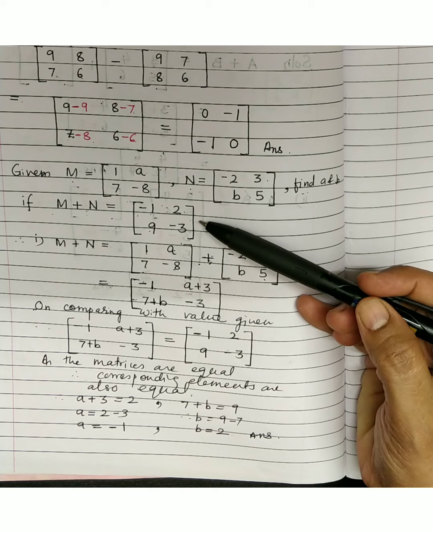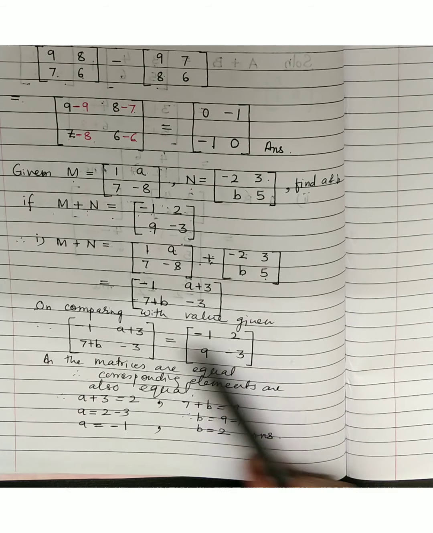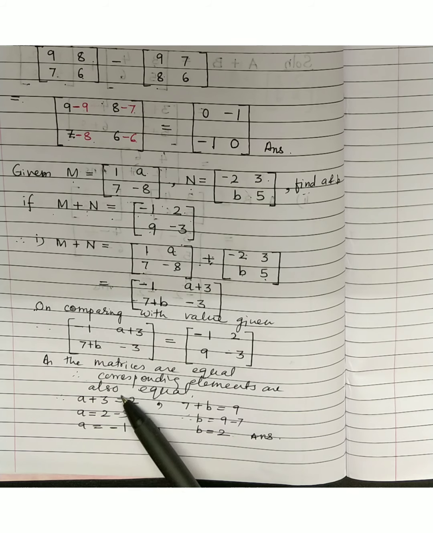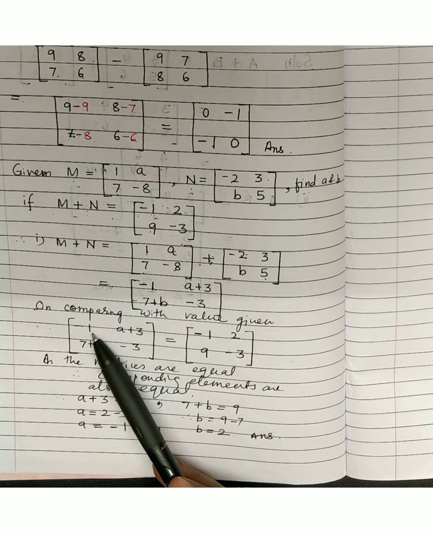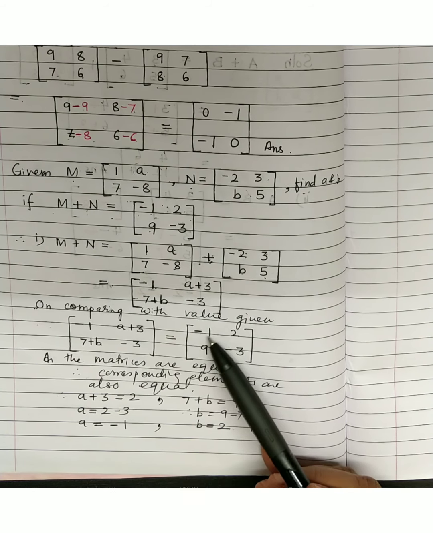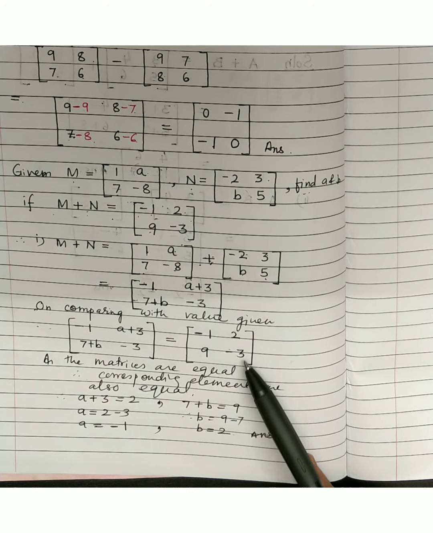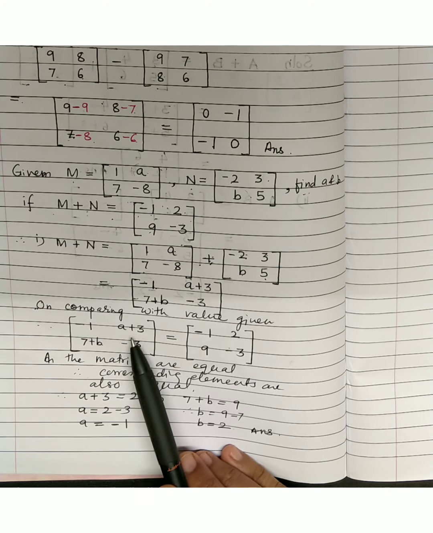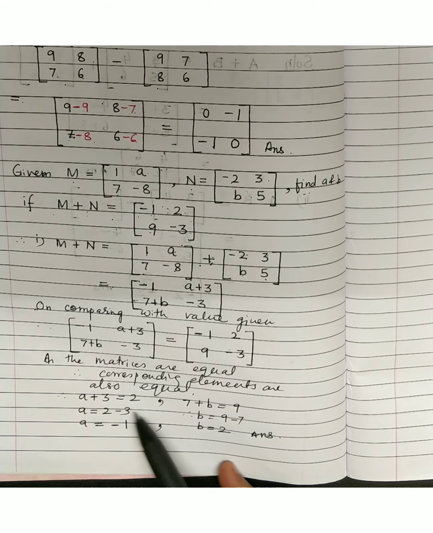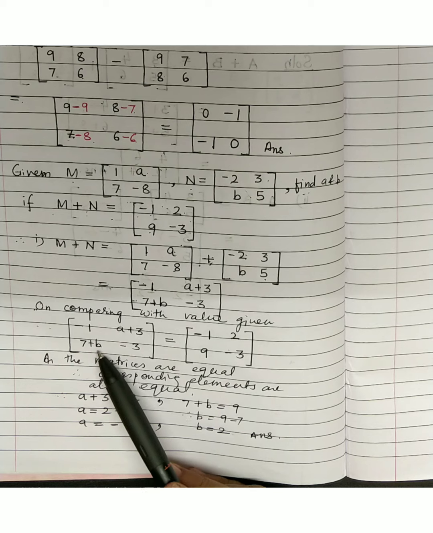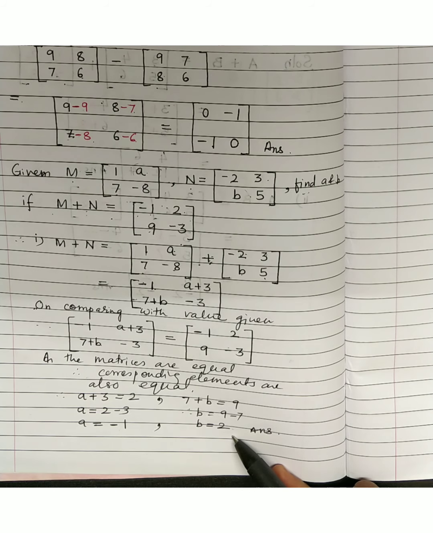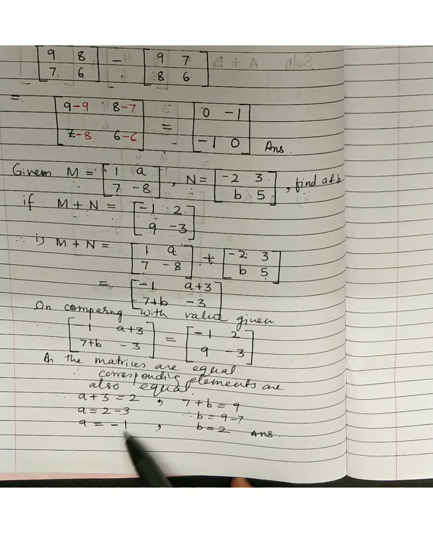Now this is the value of M plus N we have found, and in the question already the value of M plus N is given. So what we will do? We will compare them. Now as these two matrices are equal, their corresponding elements will also be equal. You can observe here that the first row, first column element minus 1 in both the matrices is the same, with the last element over here. What we have to compare is A plus 3 we shall be putting equal to 2. So A will be what? Minus 1 on simplification. 7 plus B is equal to 9. That gives you B is equal to 2. And this is how we get the value of A and B.